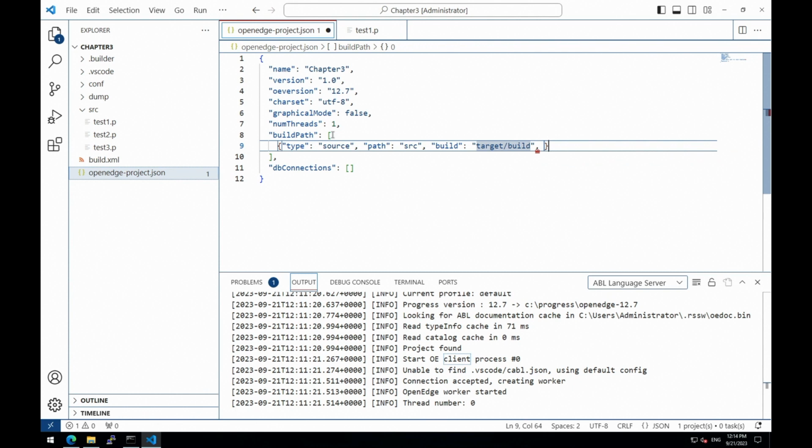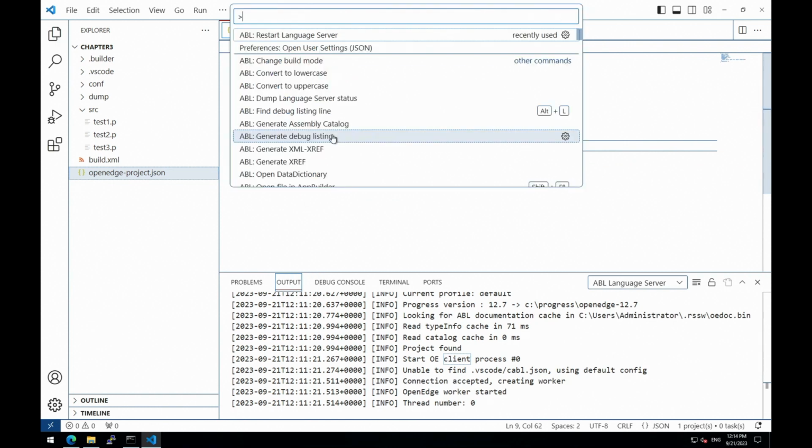Anything which is built by the build process is usually in a target directory, and then you define subdirectories, which means that if you want to clean up your local environment, you delete the entire target directory so you can restart from scratch. Target build, and that's it.